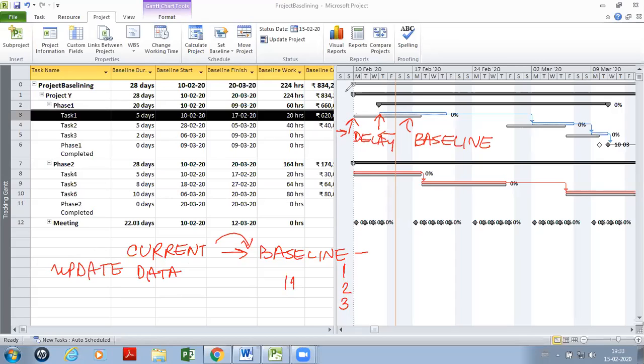You can re-baseline too. So that's pretty much what we have in the baseline. There's nothing more except one simple quiz question that I'm going to pose.